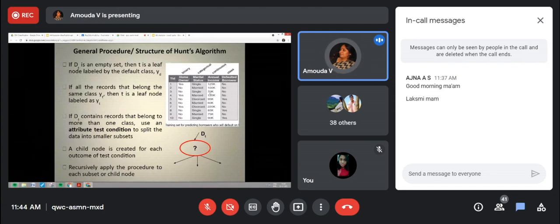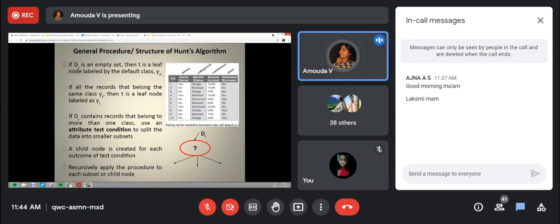Now we have to check each and every tuple, making a decision on which attribute to select as the root and the next node. If T is an empty set, then T is a leaf node labeled by the default class YD. What does it mean? The algorithm first checks whether the database has something.